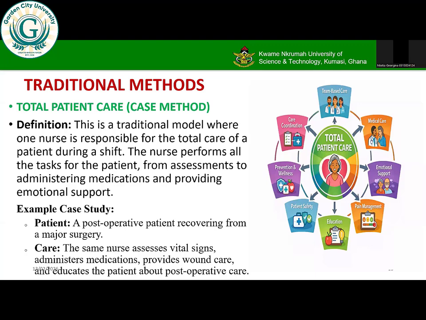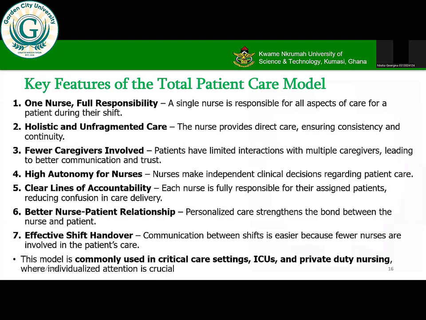So I said one nurse. That is why you have to also use the criteria before you use a particular model. If one nurse is not available, you can't use this particular model. So one nurse to one patient, a traditional model where one nurse is responsible for everything. You do everything for the patient. So these are the key features of total patient care. One nurse has full responsibility. A single nurse is responsible for all aspects of care